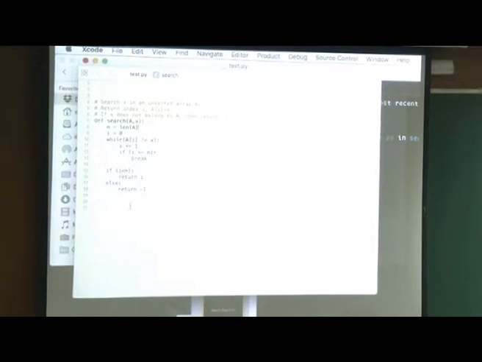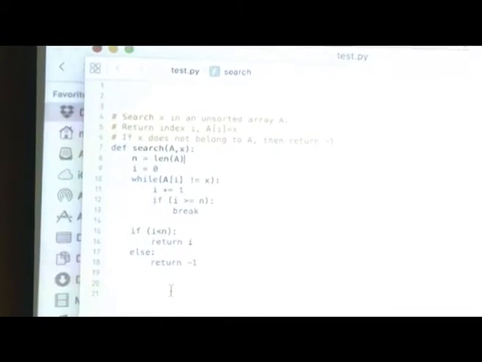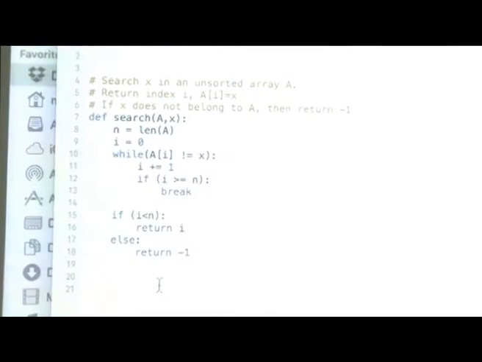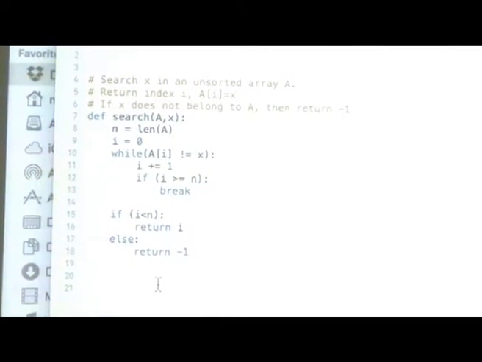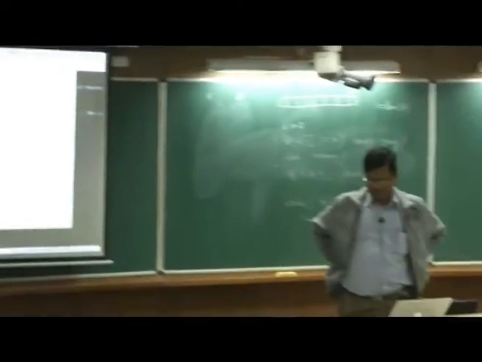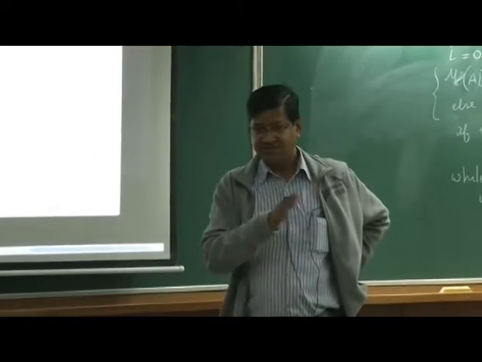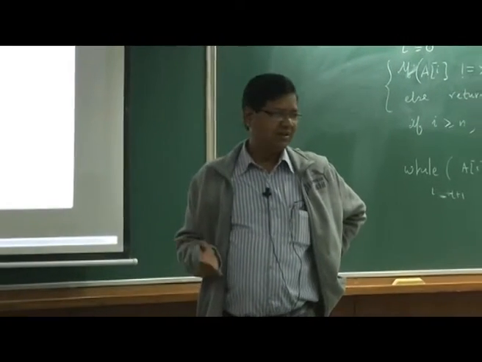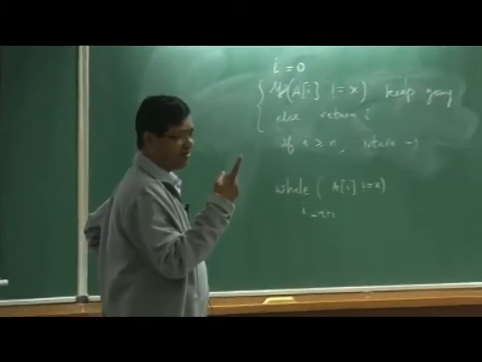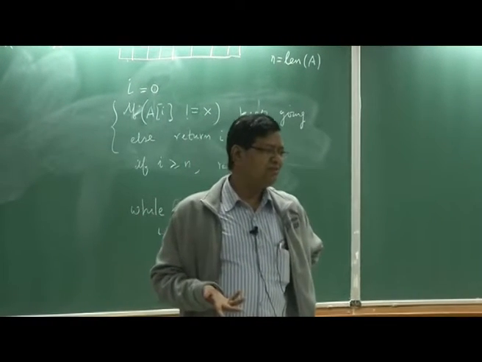Now this is for an unsorted array. How many operations does it require? Not always the same. So for this problem you have to give the best scenario, worst scenario and average scenario. The worst scenario is n, you have to search everywhere. The best case is 1, you got it the first time, and the average is n by 2.